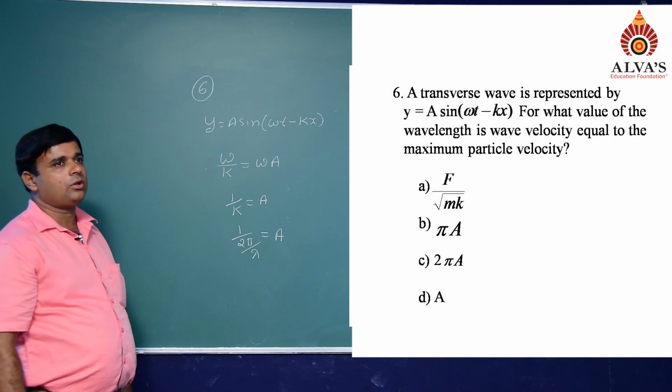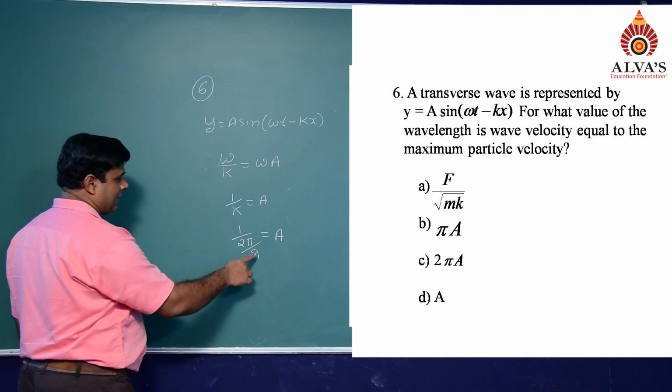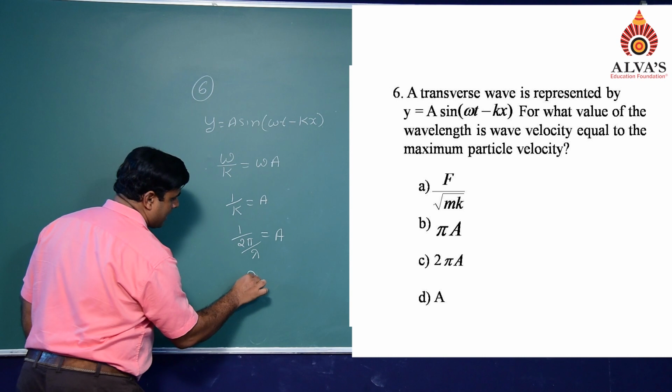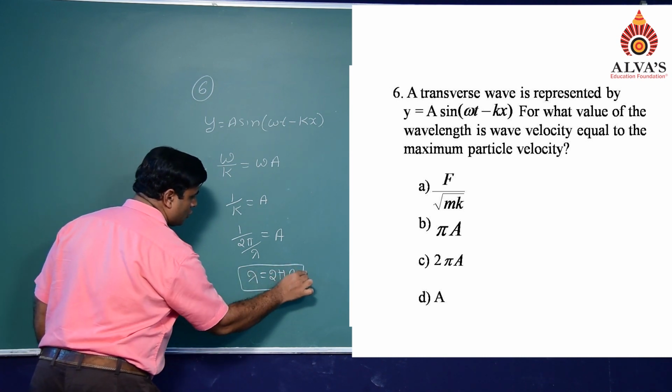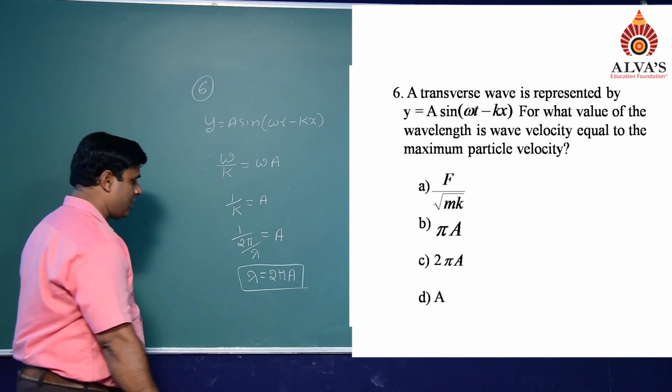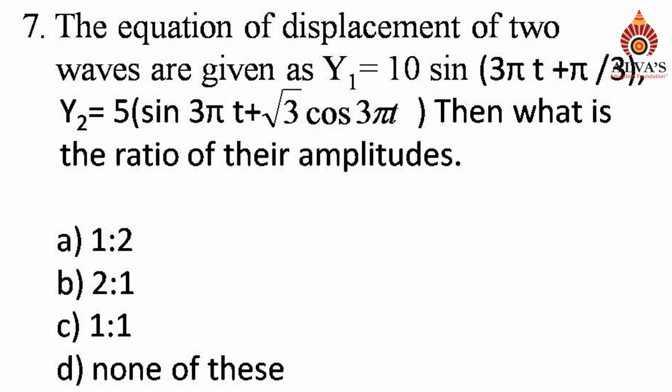So, you have to find out for what value of wavelength lambda. So, what is the value of lambda? Lambda equal to 2 pi into A. So, the answer should be